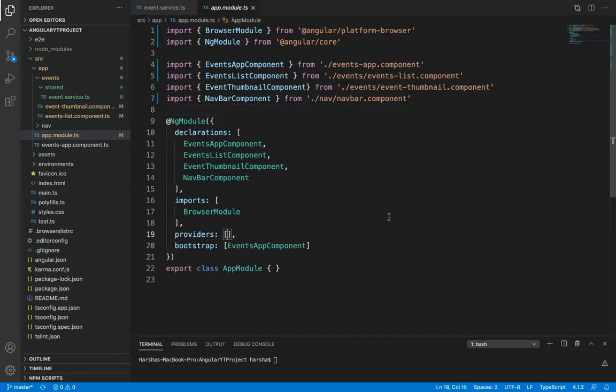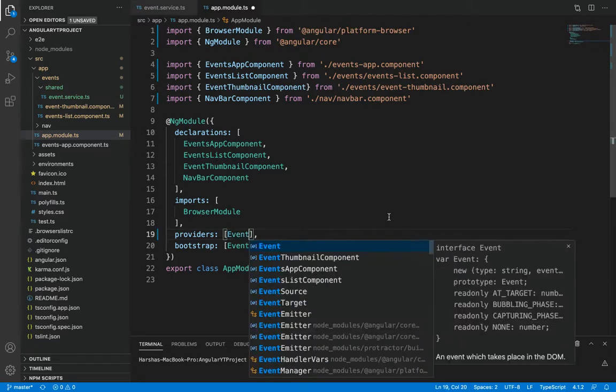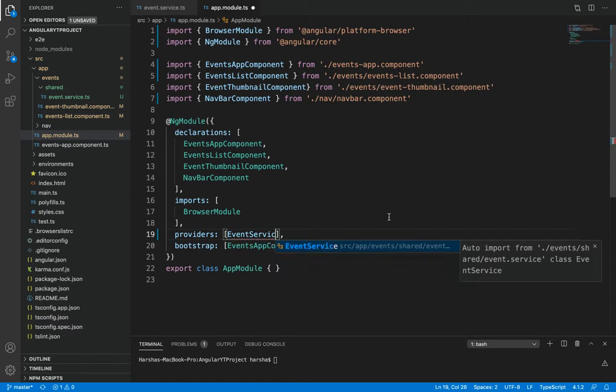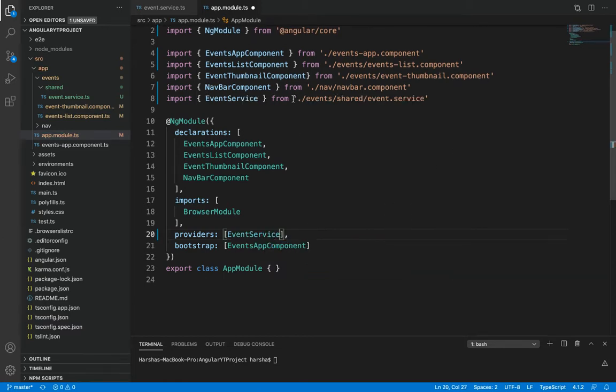Whatever services we want to use in Angular, we have to declare inside the providers array. So let's specify EventService over here. It gets auto-imported from the shared event.service, the place where we have declared our EventService class. Now we have registered it as well.